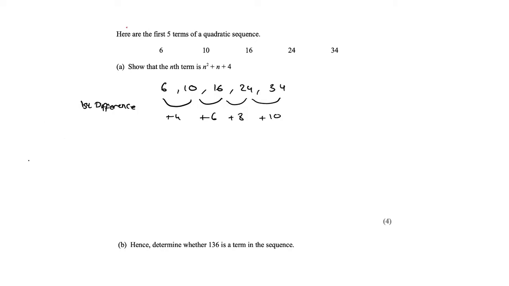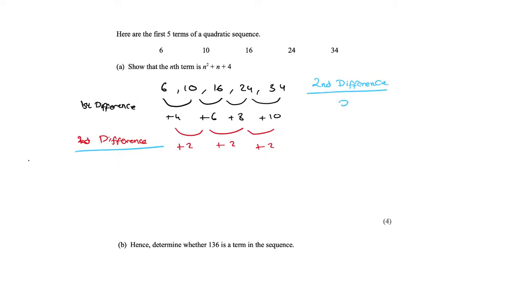Now you need to work out your second difference. So second difference, 4 to 6, add 2, 6 to 8, add 2, 8 to 10, add 2. Now remember, you do the second difference divided by 2. So the second difference in this case is positive 2. So we're going to do positive 2 divided by 2, giving us 1, and that's the coefficient in front of